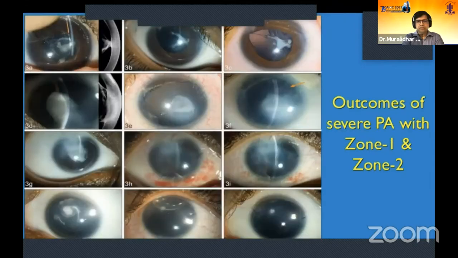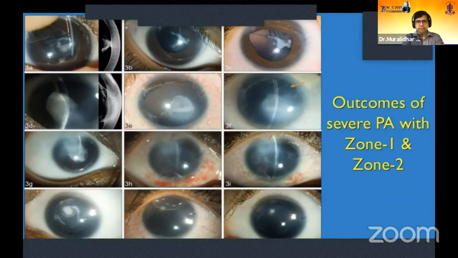The sequential picture collage of severe Peters anomaly, top and bottom row, showing a significant improvement in eyes with a smaller zone of corneal involvement, compared to the middle two rows where the corneal opacity is much larger along with a cataractous lens, which had a suboptimal outcome with a secondary glaucoma.